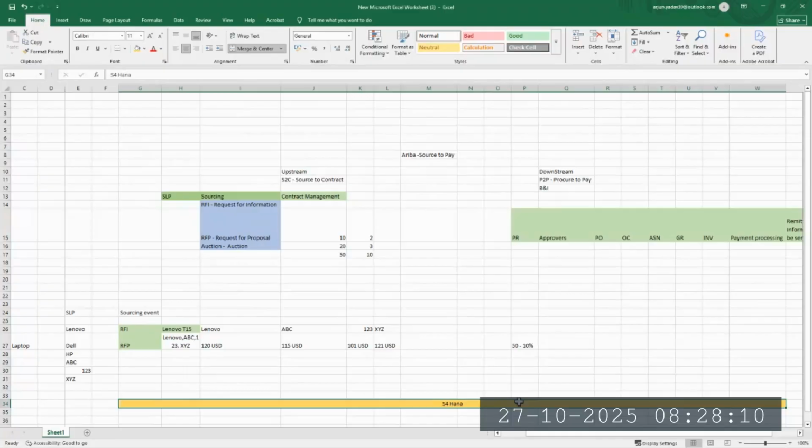Configurations will not be in one place. It will not be just in Ariba, but we also need to do some configurations in the backend ERP system as well. So as a consultant, we'll be working on both places. The expectation from the organization will be to know both tools, that is SAP MM as well as Ariba. So again, when I say SAP MM, you actually don't need to know a complete SAP MM, because